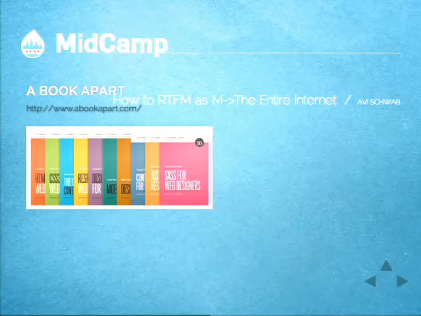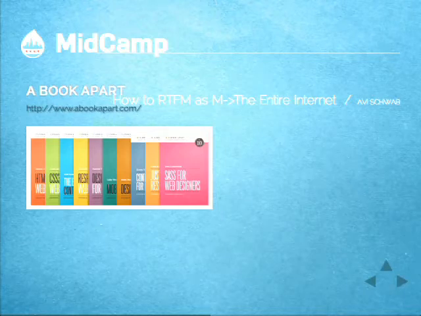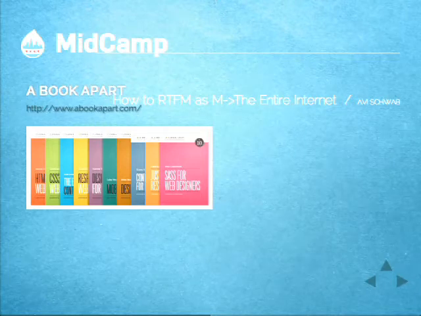Have people heard about A Book Apart? A List Apart was a website that started a long time ago. A Book Apart is basically the Cliff Notes of the internet. These are the things that you have to know. And in my opinion, whether you're a front-end developer or you're just writing custom modules all the time, you should know about all of these things. So go to abookapart.com, give them all your money. It's 100% worth it. I don't work for them, no affiliation.